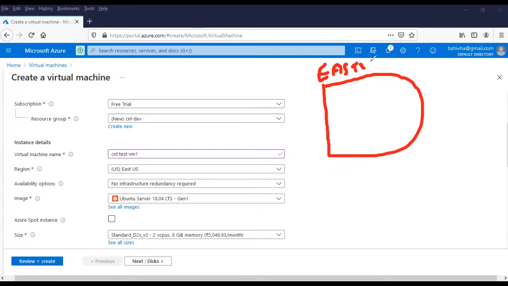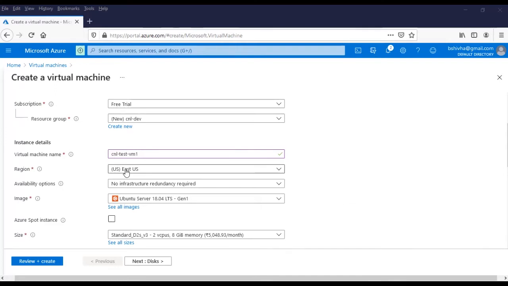In this region, one or multiple data centers will be combined and offered as an availability zone. So in this one region, there will be multiple availability zones.